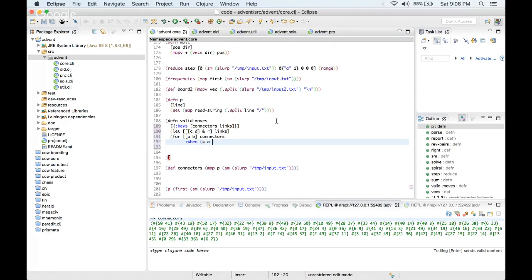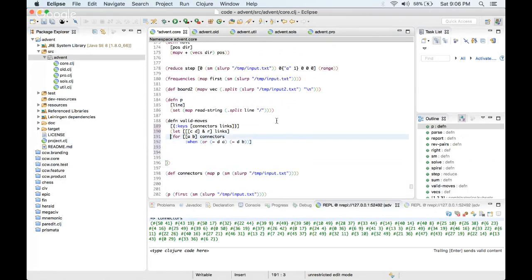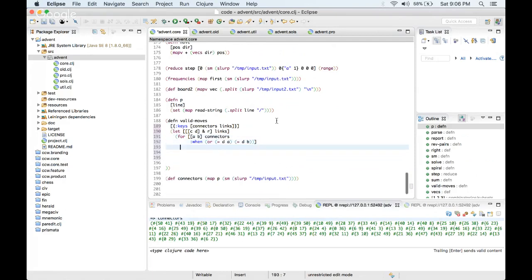So when it's the case that B is equal to A, or D is equal to B, something like this, then we kind of want to emit a state where we